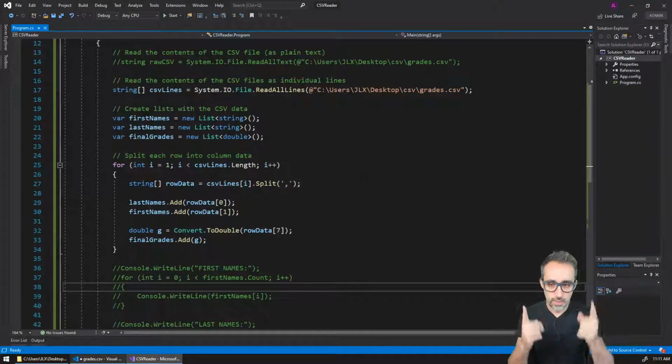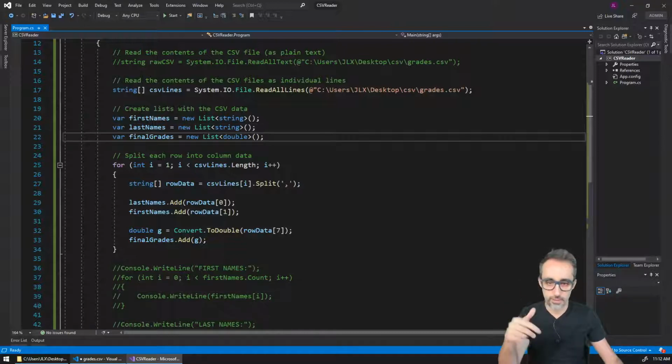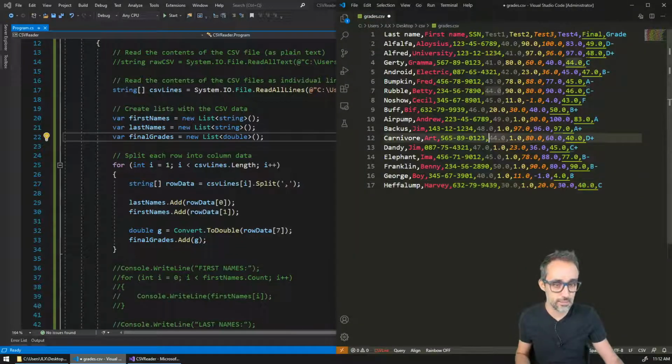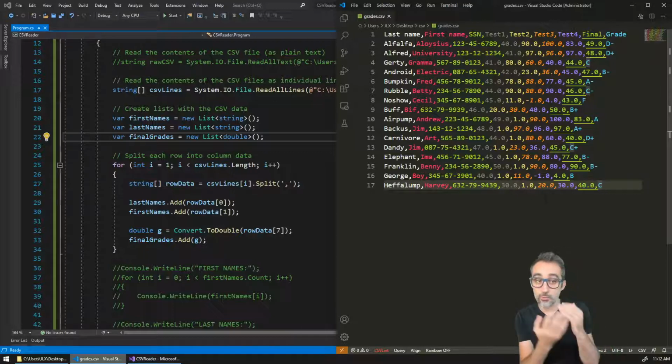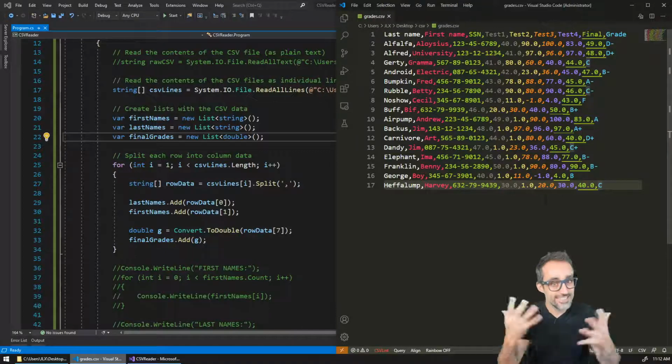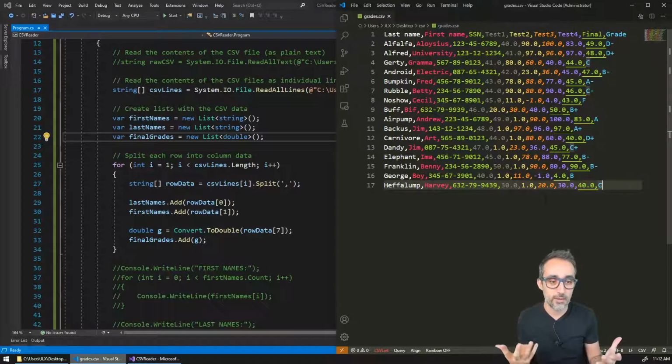Before we move on, I want to mention something. This code, so we could keep adding more final grades, test grades, etc. And we could just parse all the data here. I just want to mention that this code is okay for a data set that is small and that we can visually understand, but it's not very resilient, because typically with CSV files or data sets in general,